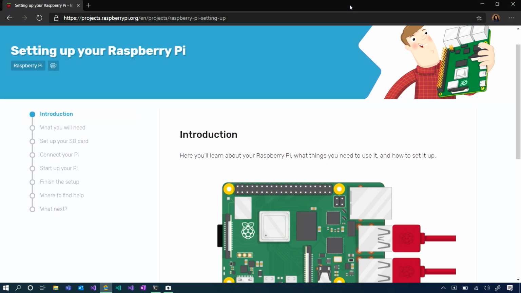As you can see on my screen right now, we're on the official Raspberry Pi documentation page. We will be following the setting up guide provided by Raspberry Pi to get the Raspbian OS on our Raspberry Pi. As you follow through these steps, it will make you set up an SD card and connect some peripherals for the initial setup of Raspbian. I already have an SD card that is ready for installation purposes, and I have already made the connections that we need to get started.